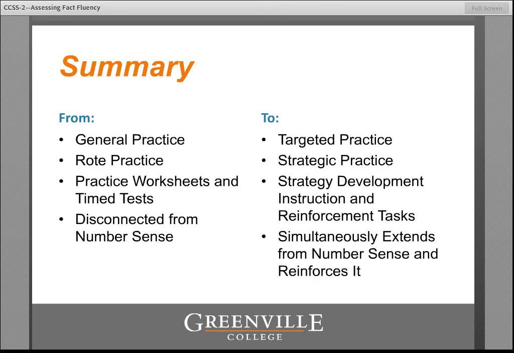Instead of sending the children the message that they're just to know these facts without thinking, that you don't have time to think, rather, we tell them, use your number sense, develop great strategies. Once you have those great strategies, now we're going to work at it until they get faster. Now, eventually, they will just be able to know the fact without thinking, but they're going to arrive